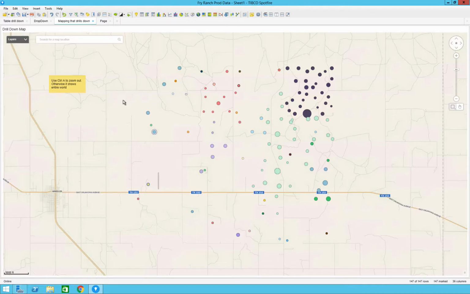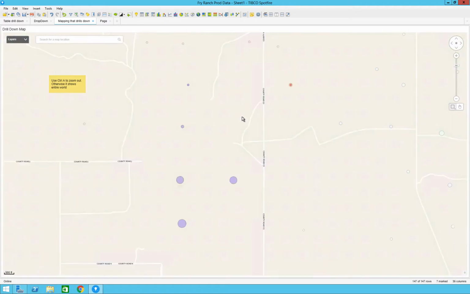So today's topic is going to cover auto zooming in maps for when you mark data. Now, the typical use case of auto zooming relies on you having different filters, and when you change or drill down into the filters, having the map automatically set to only show that data when you change the filters. So this use case that we're going to discuss today is going to be a little different. It's going to be, instead of using filters, but when I actually mark data, wanting to drill down specifically into